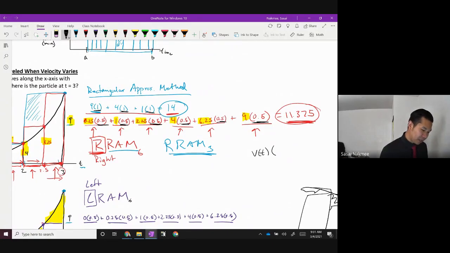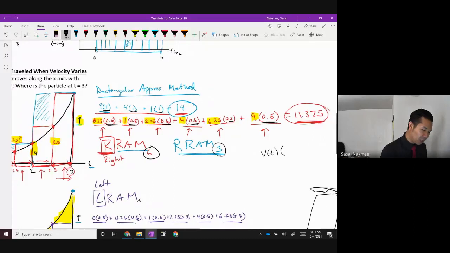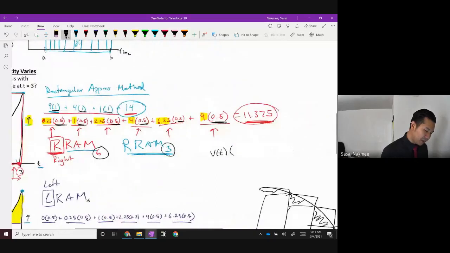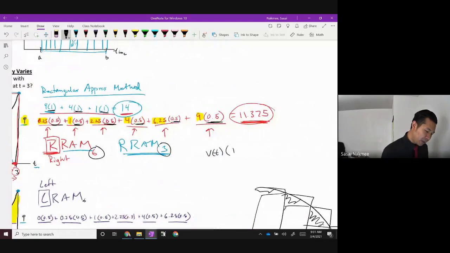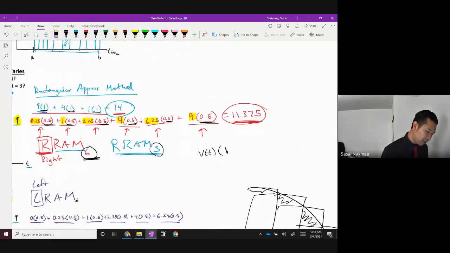And if you look closely, that 0.5 and that 1 has to do with how many rectangles you want. If you only wanted 3 rectangles, and I was doing it from 0 to 3, that number came out to be a 1 right here. But if I was doing it with 6 rectangles, from 0 to 3, that number changed. It was no longer 1, it became 0.5, right? And the relationship between the number of rectangles there are and how wide each of those rectangles are is based off of this formula right here.